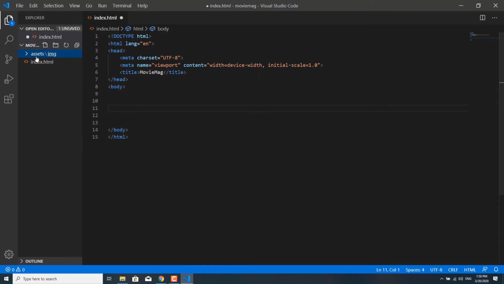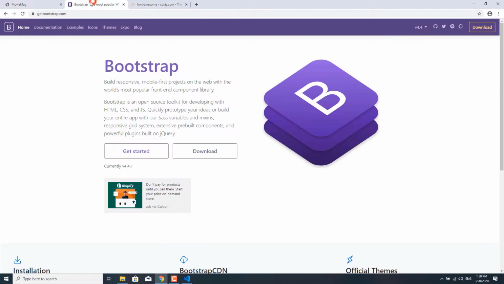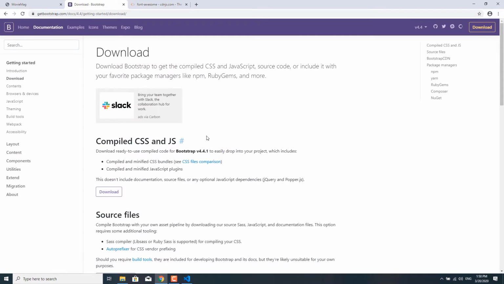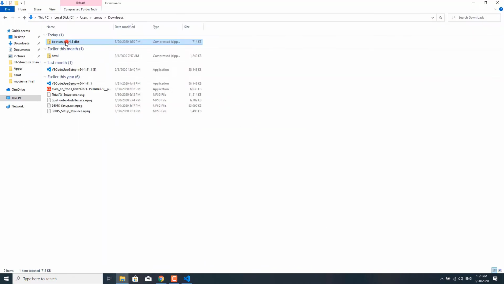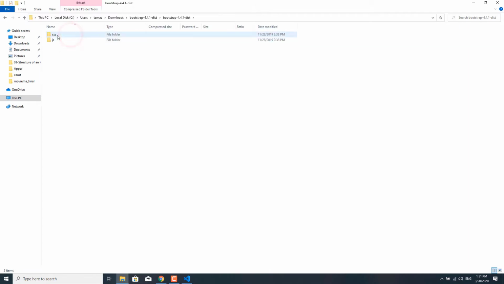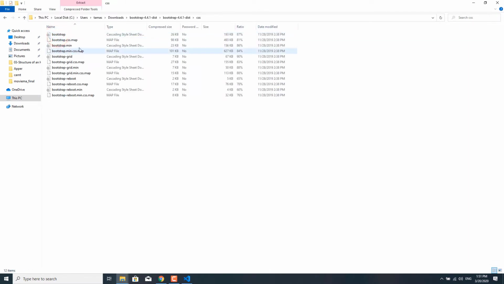So here we are. In the assets folder we will need a new folder called CSS and another folder called JS. We are going to use Bootstrap, so let's download the Bootstrap files. And from here we'll just need the bootstrap.min.css. So I just copy it,